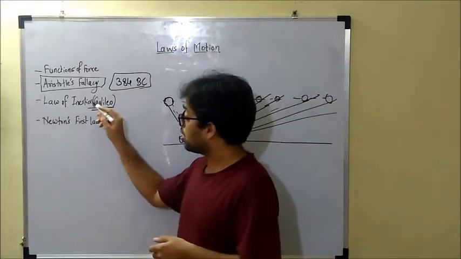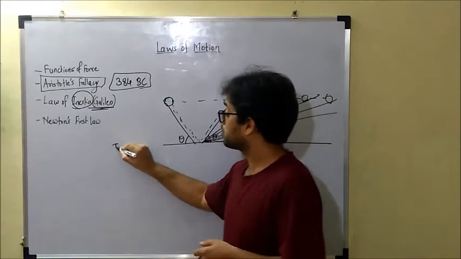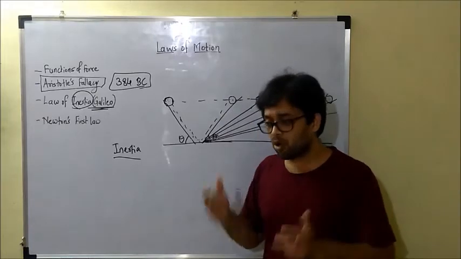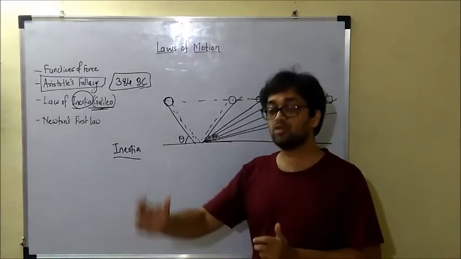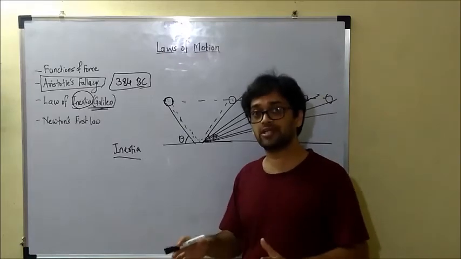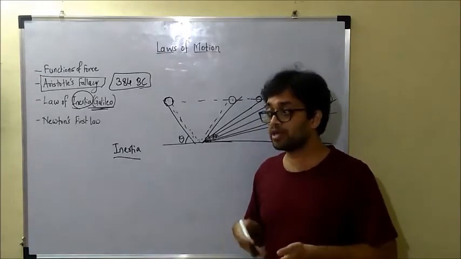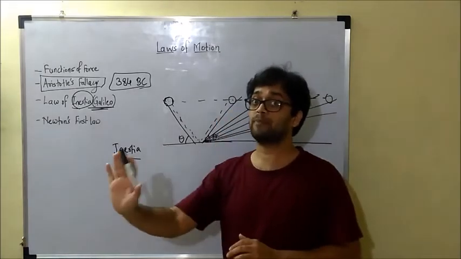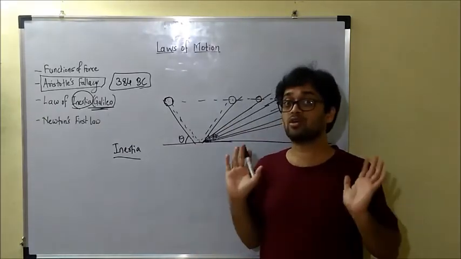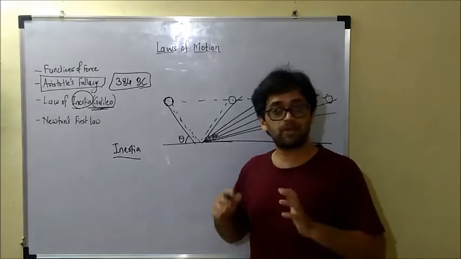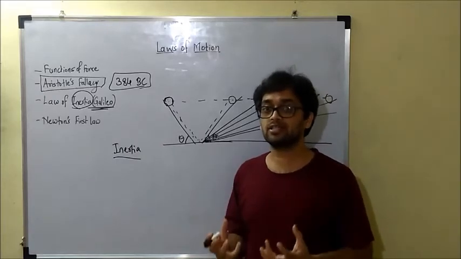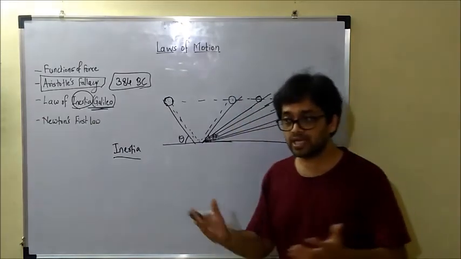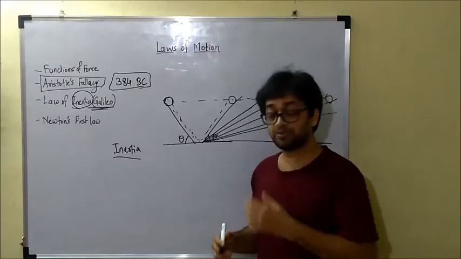That property was defined as inertia. You can define inertia as the property by virtue of which a body has a tendency to continue its state of motion. Suppose a body is at rest, it will want to be at rest. Suppose a body is in motion, it will want to be in motion. If you want to stop a moving body, you will have to apply force. If you want to move a body that is already at rest, you will have to apply a force. But the body on its own has a tendency to maintain its motion, called inertia. Now you find this inertia in many examples in our day-to-day life.